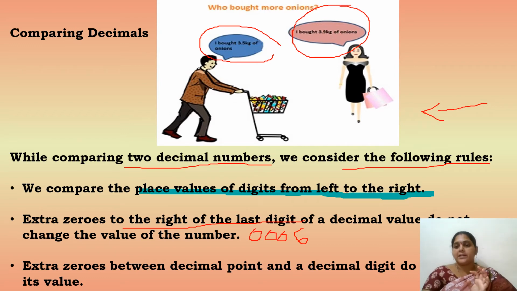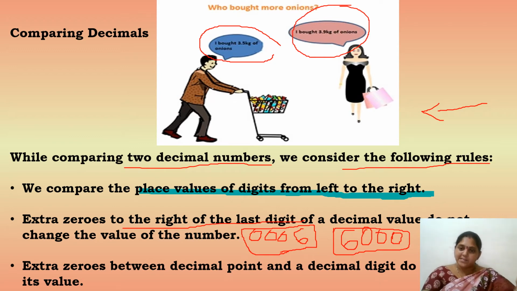If you see, what will you tell the number value? It is only 6, because 6 is in the ones place. In the same way, if I add zeros to the left of 6, that is 0, 0, 0, what is the value of 6 here now? You will definitely tell the value of 6 is 6000. So if zeros are added to the right side of the digit, the value does not change. If we add zeros to the left of the number, the value definitely changes. So we have to add zeros only to the right of the digits.